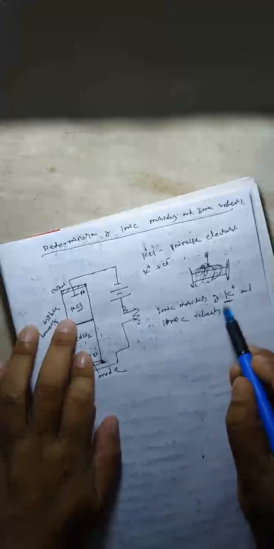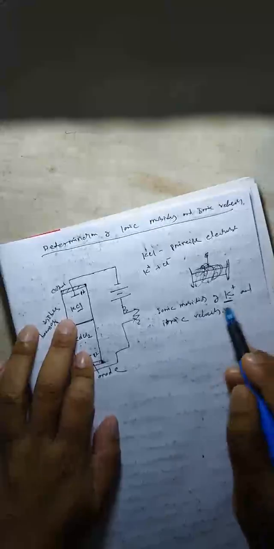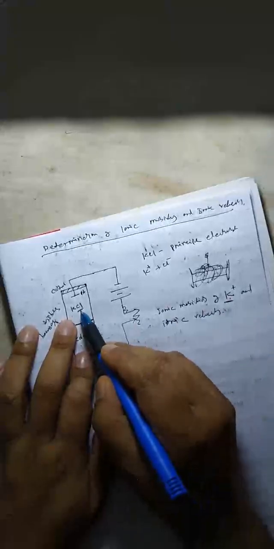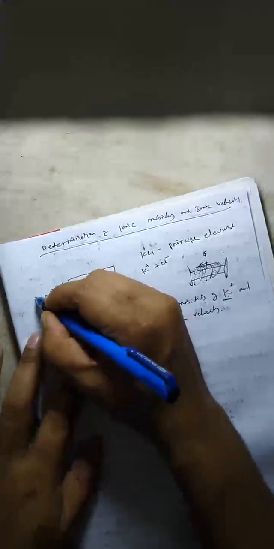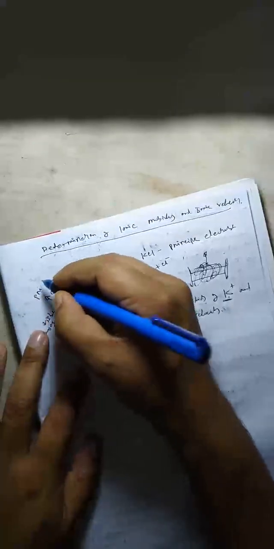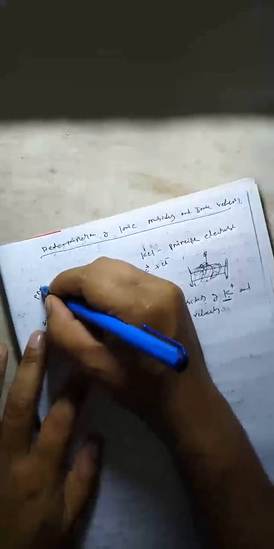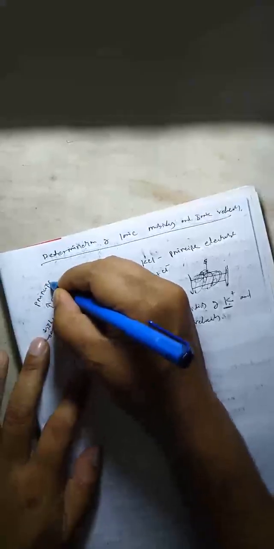While choosing the other electrolyte, you have to keep in mind that whatever be the anion of the principal electrolyte, we want to find out the ionic mobility and ionic velocity of the potassium ion. For that purpose, I will take potassium chloride as the principal electrolyte. So remember, when choosing the indicator electrolyte, this is called the principal electrolyte, whose ionic mobility, of one of the ions, we can find out. This is called the indicator